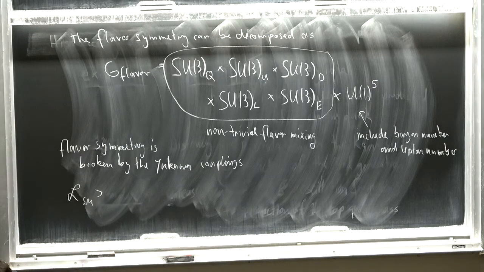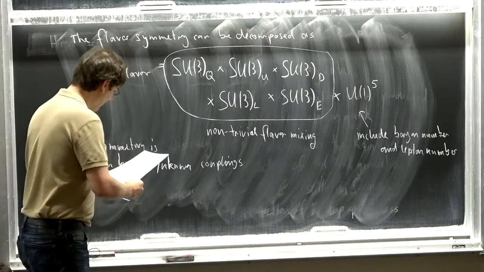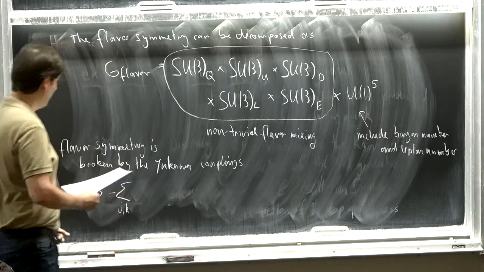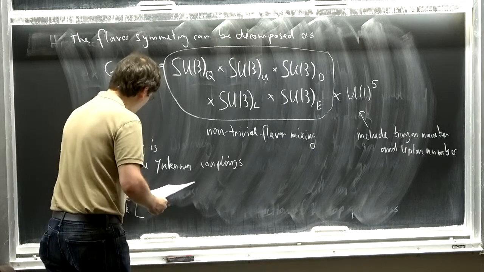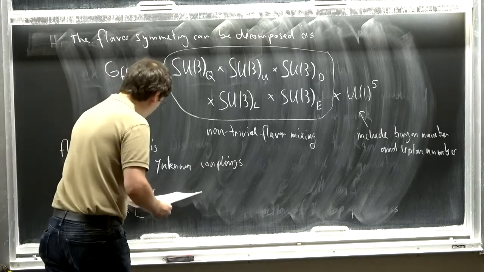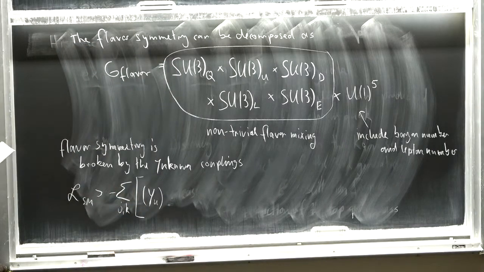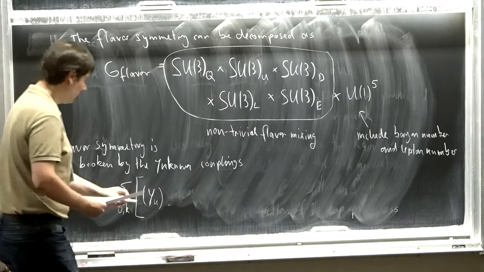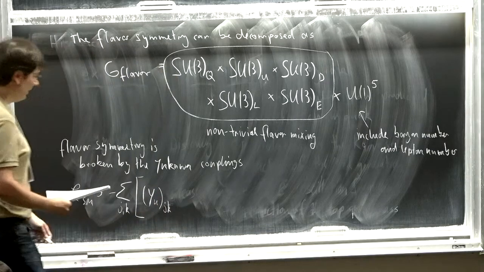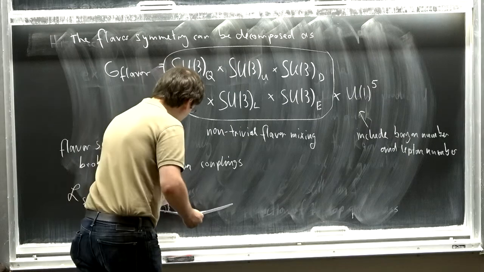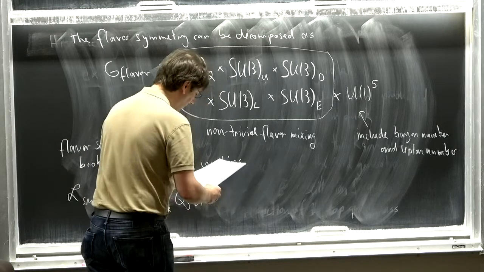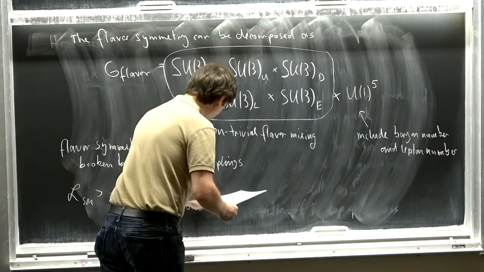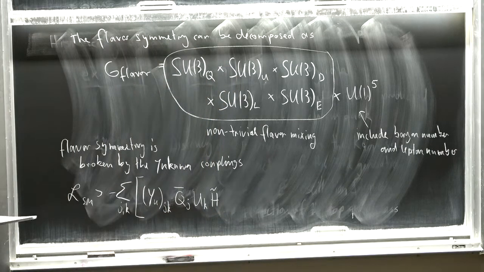So let me write out how the corresponding terms in the Lagrangian look like. Now we have again a sum over flavor indices. Now two of them, J and K, and then there are Yukawa couplings for the up-type quarks, YU, and in general this will be 3 times 3 matrices in flavor space. So they have this flavor index J and K. And the corresponding operator would be a QJ bar, a UK, and then the conjugate of the Higgs field,